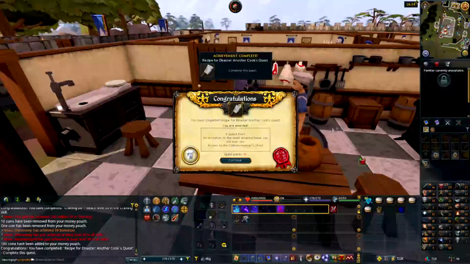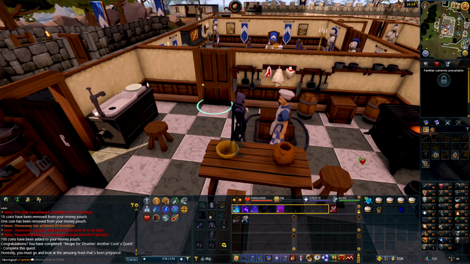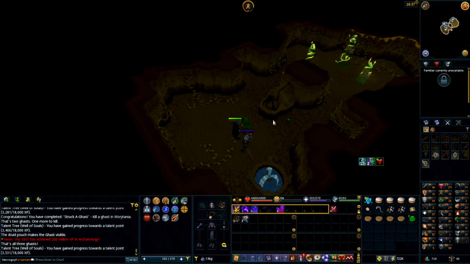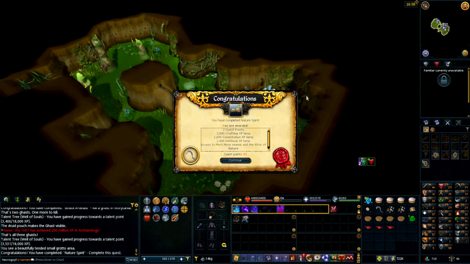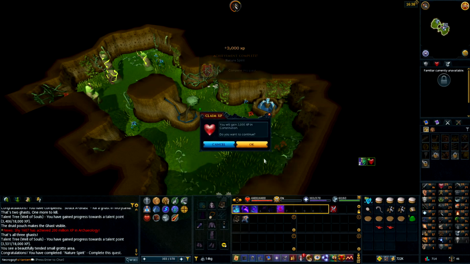So, the guide that I'm following assumes that you're using magic and range as your combat styles. And I'm not. I'm using Necromancy. The guide was written before Necromancy. I want to use it, so I am. And so my magic level is a little lower than it thinks for some of these quests, and so I'm having to go out of my way to get some levels. We go and finish up